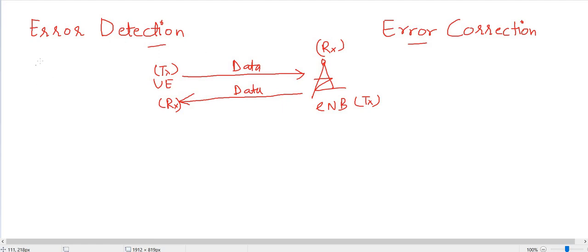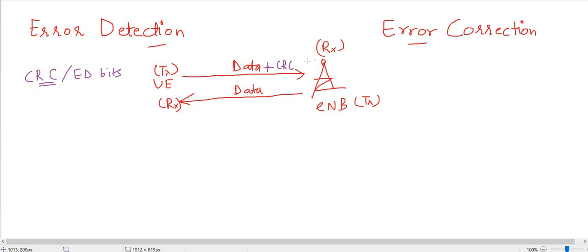So for error detection, CRC bits are used. CRC stands for cyclic redundancy check. So what will the transmitter do? The transmitter will add these CRC bits, or you can say error detection bits. Whatever data the transmitter is sending to the receiver, it will add CRC bits to it, so you will be able to see the CRC bits with the real data.